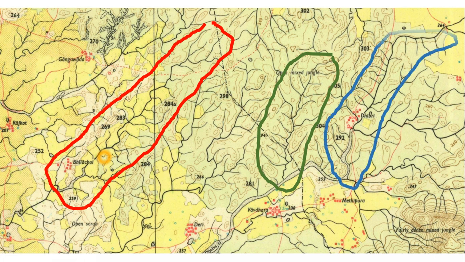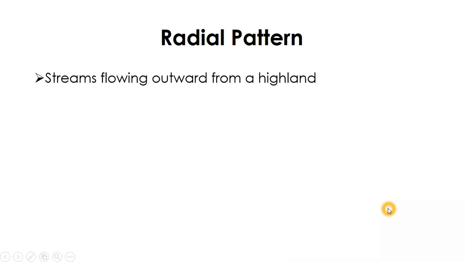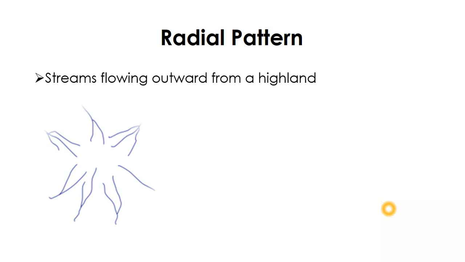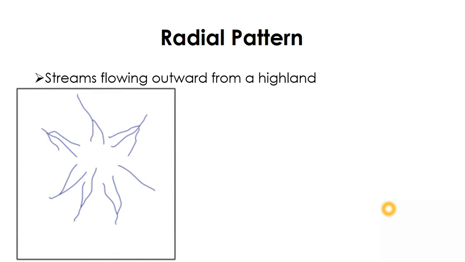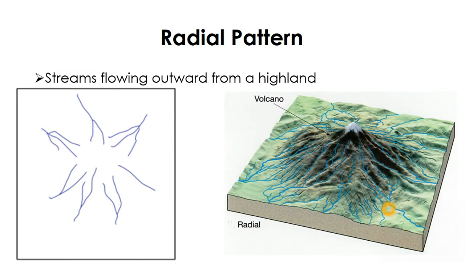And there is another one. So this is called as trellis drainage pattern. Third one is a radial drainage pattern, wherein streams flow from a highland towards the outside in all 360 directions. Right, it is like this. And this is usually seen in conical hills or sometimes volcanic mounds, right?